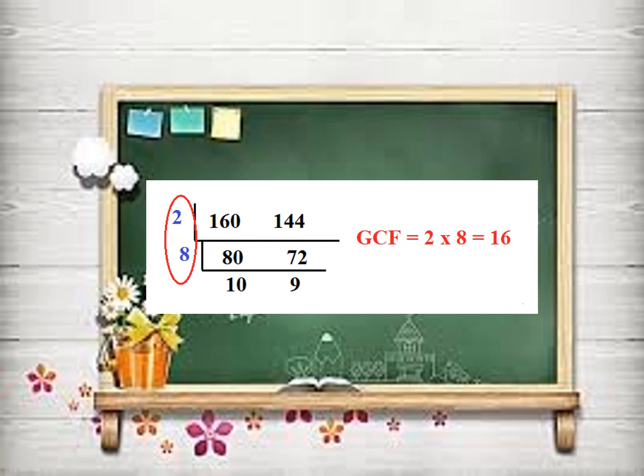You cannot divide them by any prime factors or divisor because they cannot be evenly divided. So, we will end up here. Multiply 2 and 8, the answer is 16. Therefore, 16 is your GCF. Or, in another method,